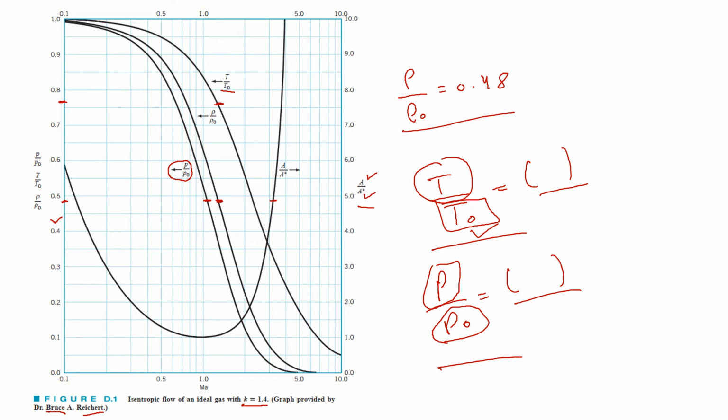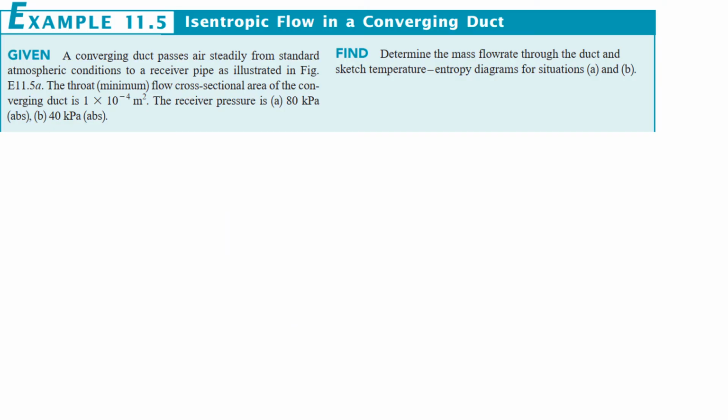So both can be used, this graph can be used, and these equations can be used. And now in the coming examples, we will use both these equations and the graph to solve a certain condition, that is for a converging flow, I guess. So let's do that. So now let's look at this example in which we are considering an isentropic flow in